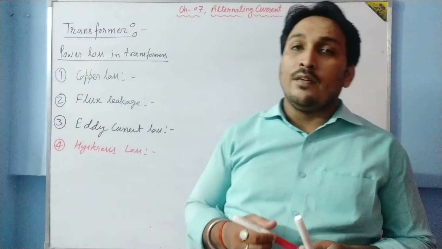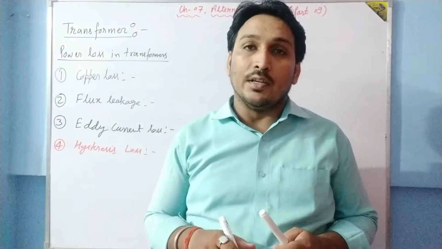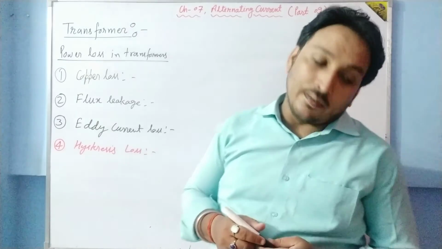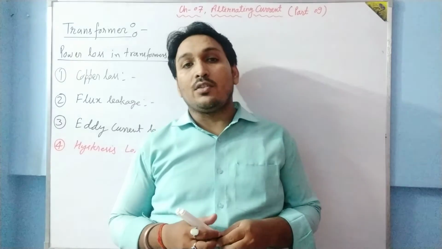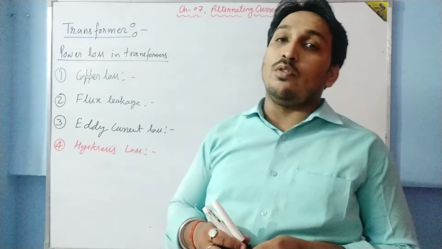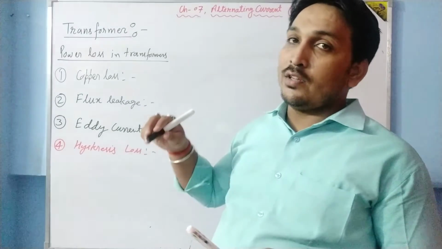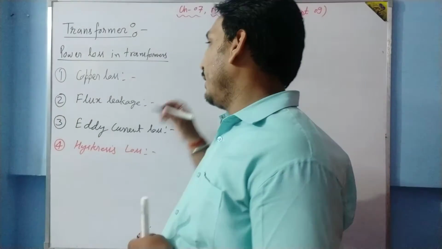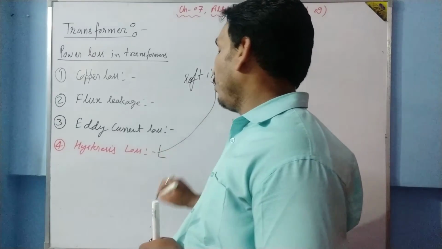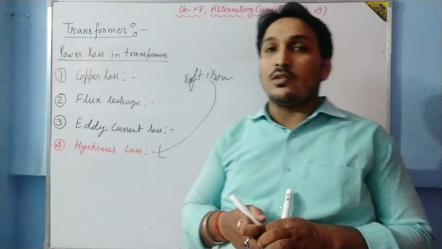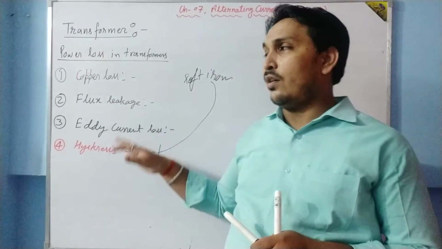How can it be minimized? We can take such materials which do not magnetize or demagnetize. Now the question arises, sir, can we take insulators? The answer is no. Why is it so? Because if you take such materials which do not support the magnetic field, then the flux leakage will be maximum. So you have to take such materials which support the magnetic field, and such materials are soft irons. Now with soft iron, this problem persists, the hysteresis loss, but this hysteresis loss is not that much, so we can avoid it.